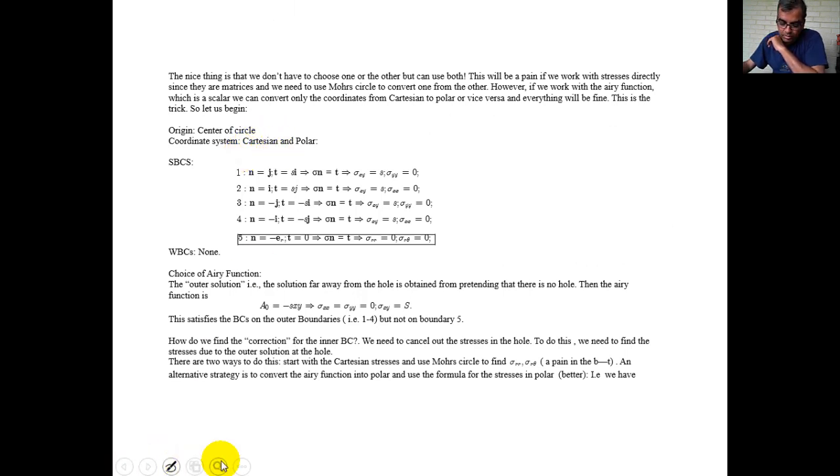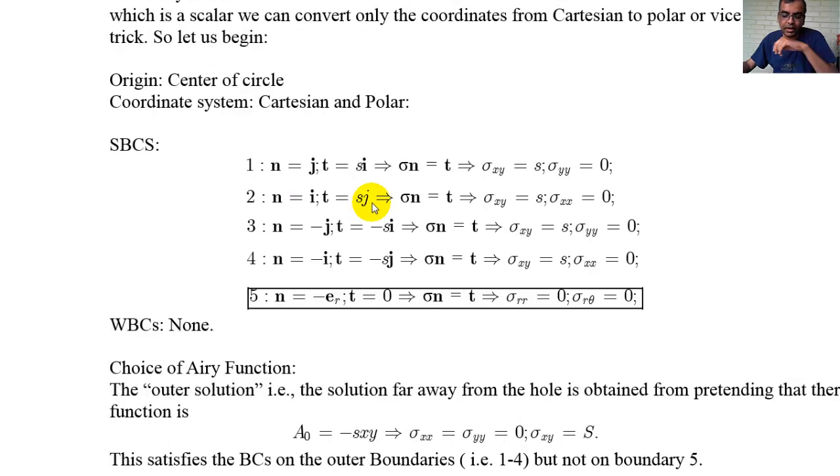Okay, so there. I have done all the gory details. The strong boundary conditions are these: sigma xy equal to S, sigma yy equal to 0. This is very simple. Plate with no hole with shear stress will be everywhere shear stress. So what's the big deal? The thing is, what I'm really after is the Airy stress function for it, which turns out to be minus Sxy. You can see sigma xx equal to sigma yy equal to 0, sigma xy equal to S. So this is my Airy stress function in terms of x and y.